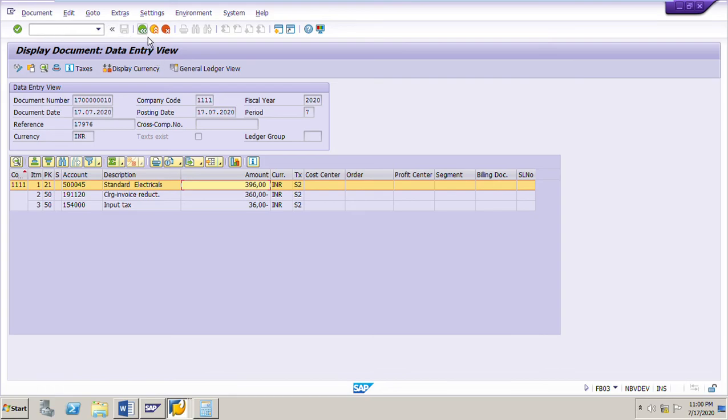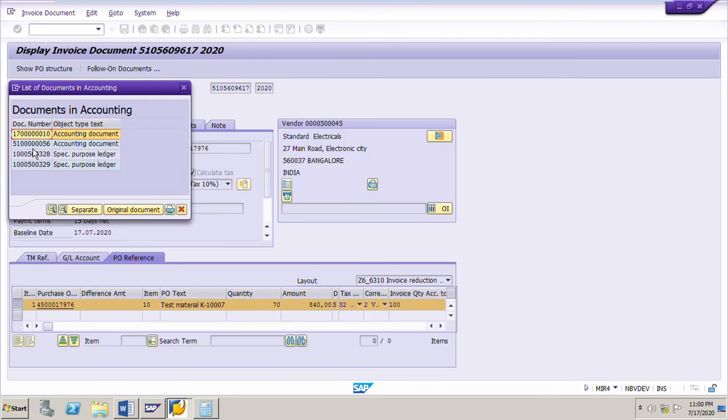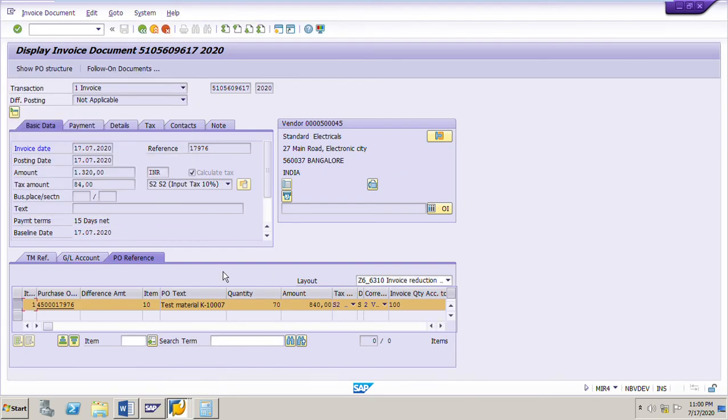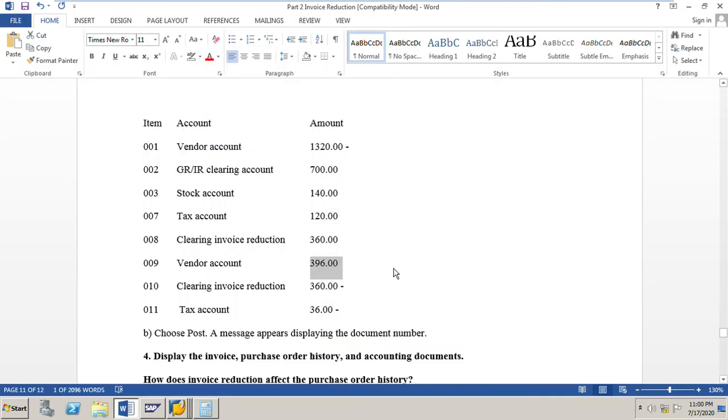So these are the accounting documents for the credit memo document as well as the original invoice document. So this is the exercise on posting invoices with invoice reduction, taking into account the quantity variance as well as the price variance.